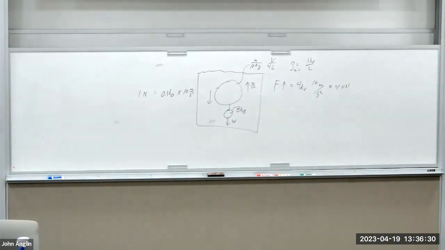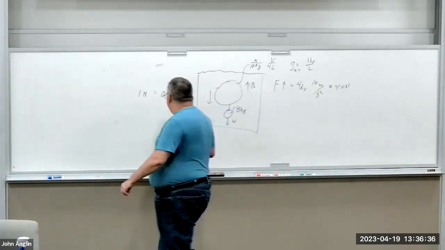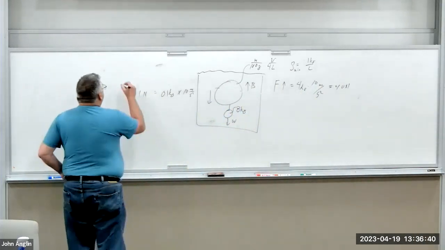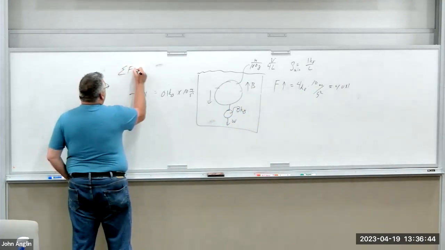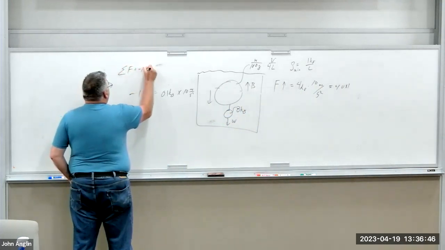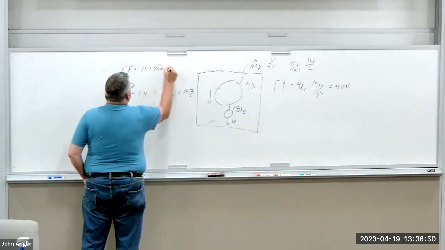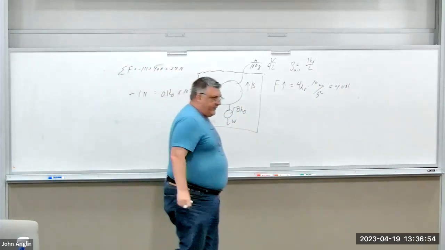So the total net force is still going to be in the upward direction, right? Because now we need our vectors. That's going to be down. So Newton's second law tells me the sum of the forces is going to be our -1 newton plus 40 newtons. So our net force is 39 newtons.